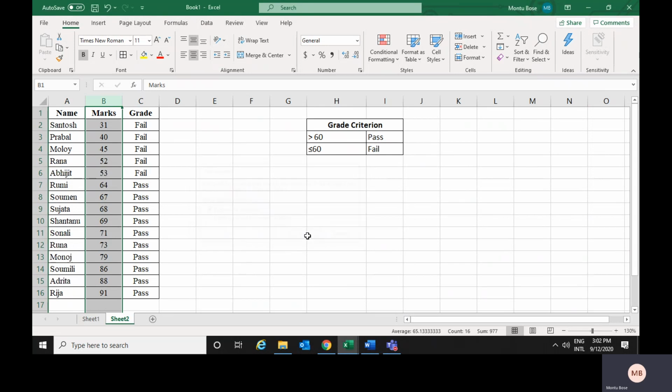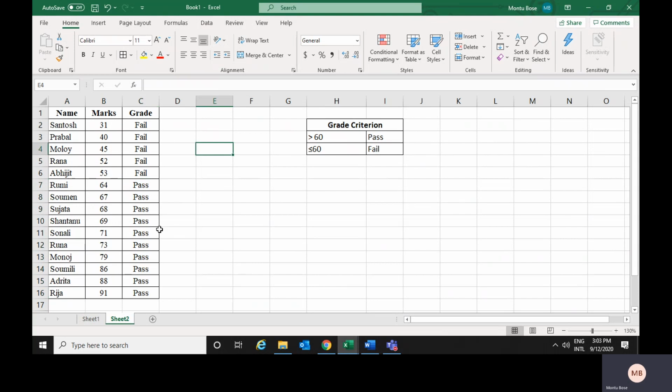If you sort it like this, then you could see all the values which are less than 60% have come as fail, and the rest, greater than 60%, have come as pass. So in this way you could use the if function for grading.